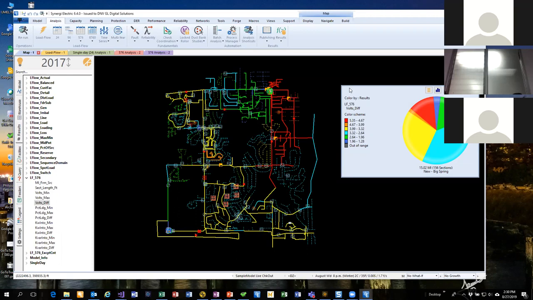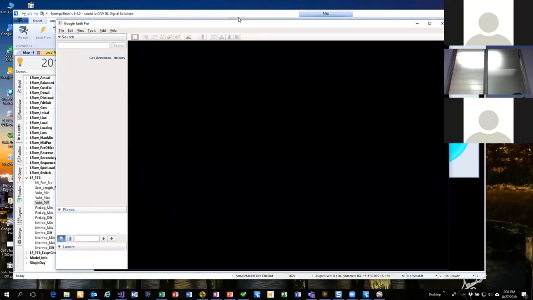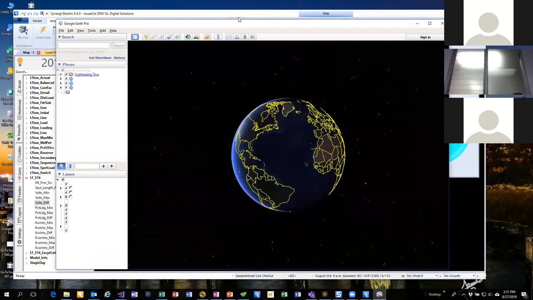So if I did have a customer complaining about voltage flicker, those sorts of problems, then maybe that customer is out in this area, or I might be paying extra attention to customers with voltage flicker issues in this area, just because it's more sensitive to voltage change. Anyway, so I've colored the map here, and we can right click on this and open this in Google Earth. And Google Earth, I think, is a freely downloadable product, and we found this